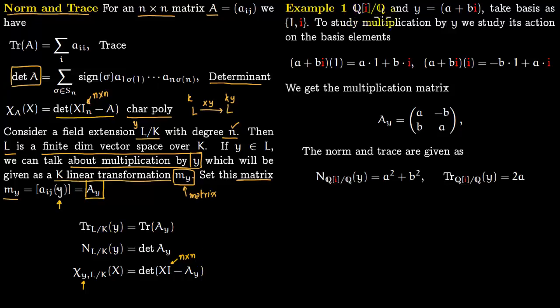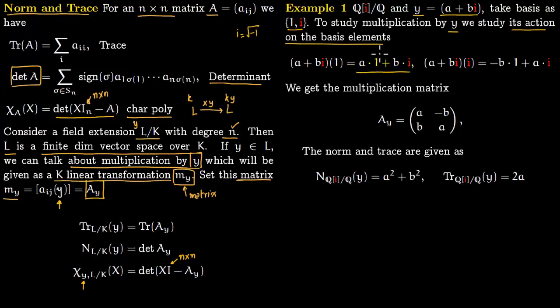So first consider this extension Q(i) over Q. This i is a complex number which is the square root of minus 1. Now say y is a plus bi, and this y we are taking in Q(i), and the basis of this vector space Q(i) over Q is just 1, i. Here a and b are both rational numbers. If we have to study multiplication by y, we have to study its action on the basis elements. So the basis is just 1 and i, so you multiply a plus bi with 1,